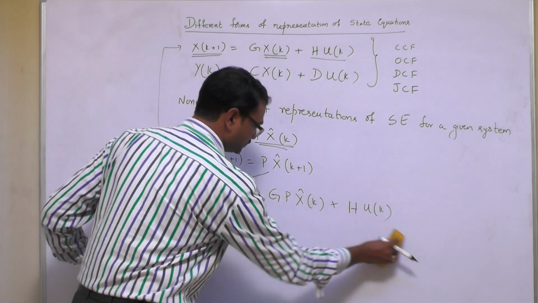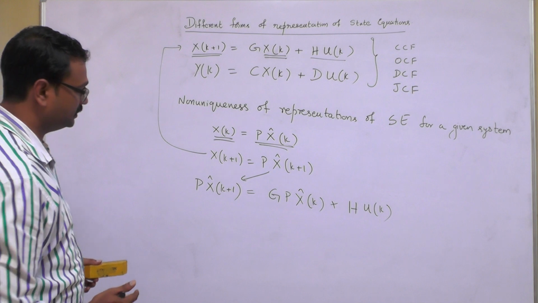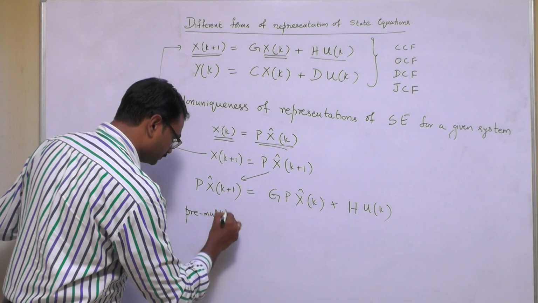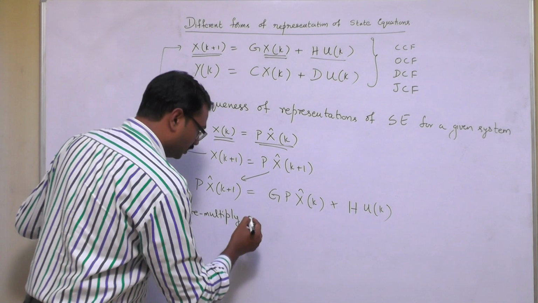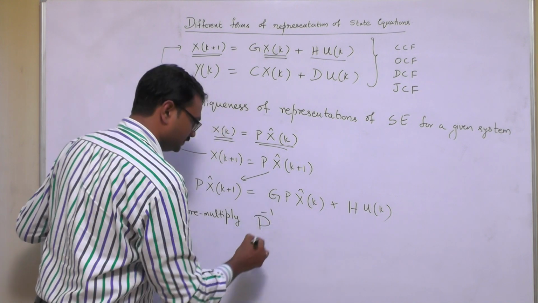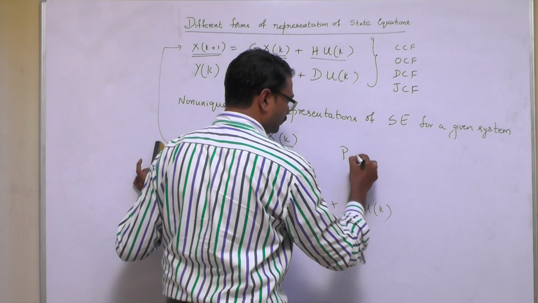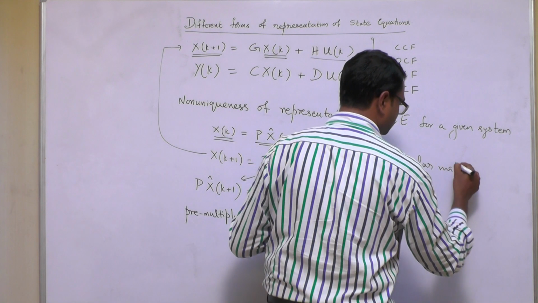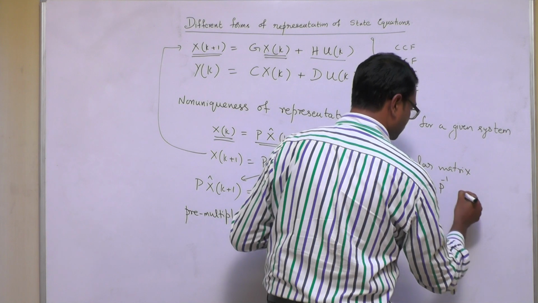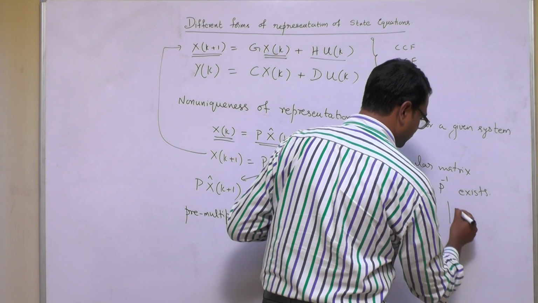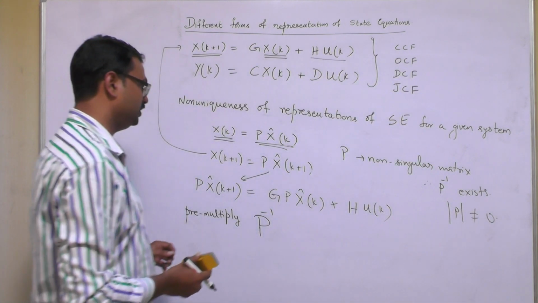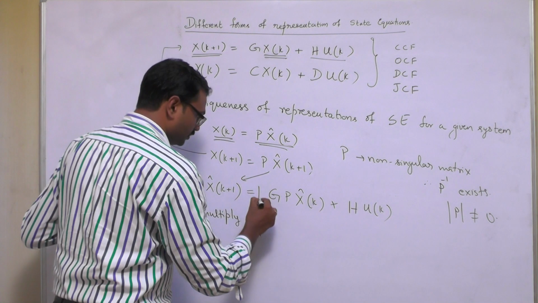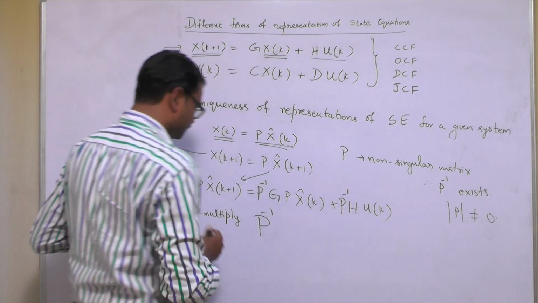So we have this equation, P x̂(k+1), and if you pre-multiply on both sides of this equation with P inverse, and we have already mentioned that P is a non-singular matrix, therefore P inverse exists, because det P is not equal to 0. P inverse exists. Therefore, if I pre-multiply with this, P inverse P, P inverse G P, P inverse H,